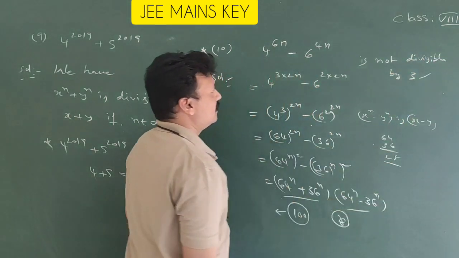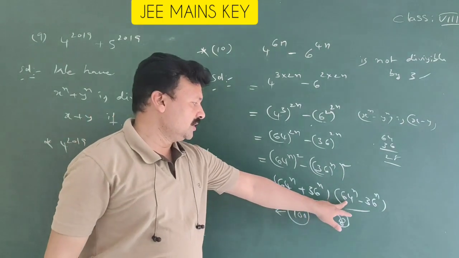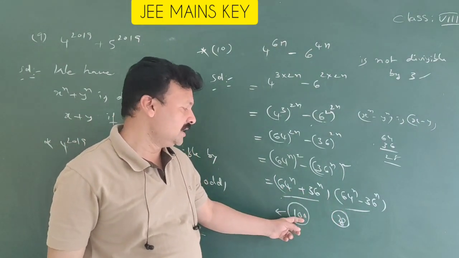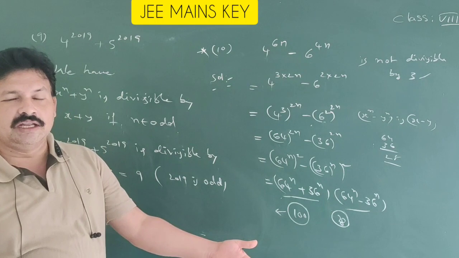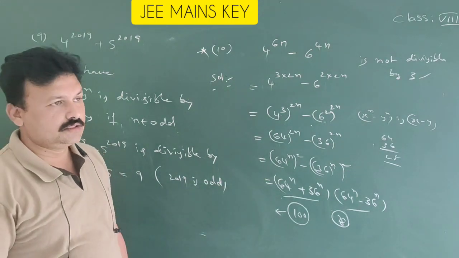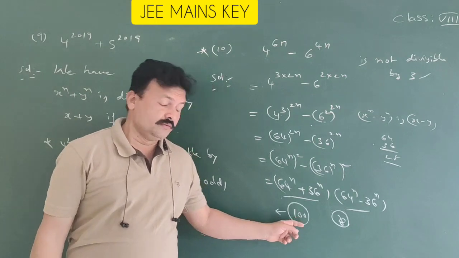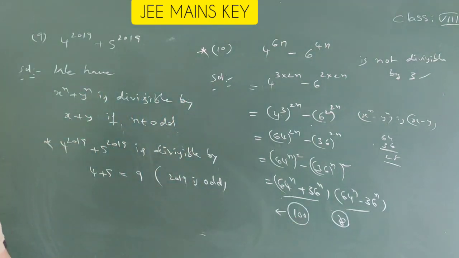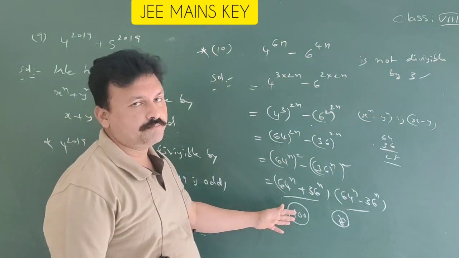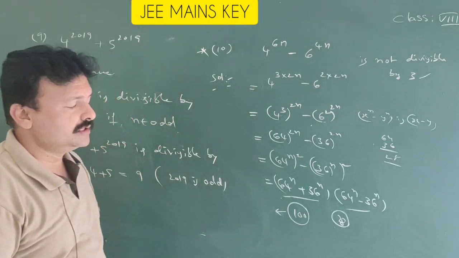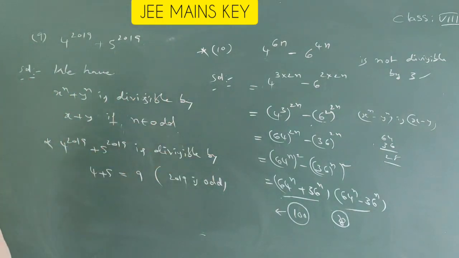Okay, product form only. The first number is divisible by 100, which means it is also divisible by its factors, like 20 and so on. The given number is divisible by 100, so it is also divisible by 2, 4, 5, 25, like that. It is divisible by 28, so it is also divisible by 7 and 4. Because it is divisible by the largest one, its factors are also divisible. Next.